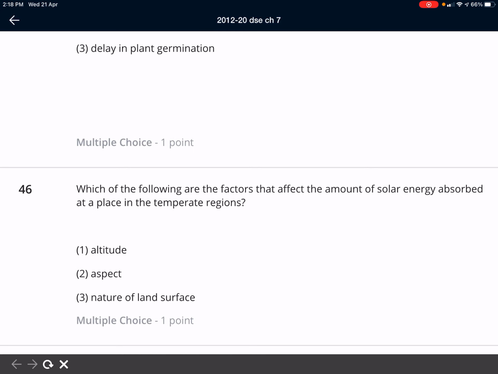It's talking about solar energy, but not the temperature. If it's temperature, altitude, okay. But solar energy is not really going to be affected by the altitude, because when the solar radiation strikes the earth, it just depends on the top of the atmosphere instead of the lower part of the atmosphere. So number 1 is not correct, so the answer should be